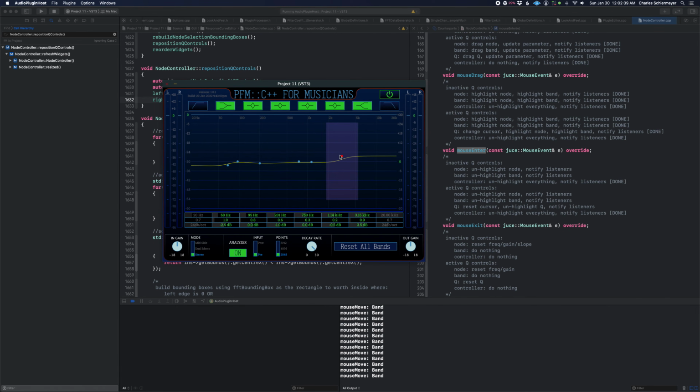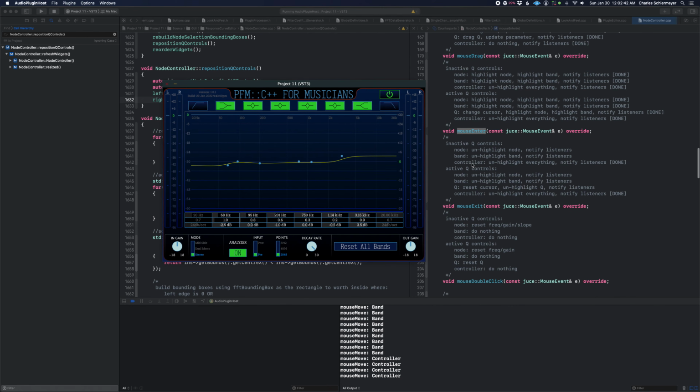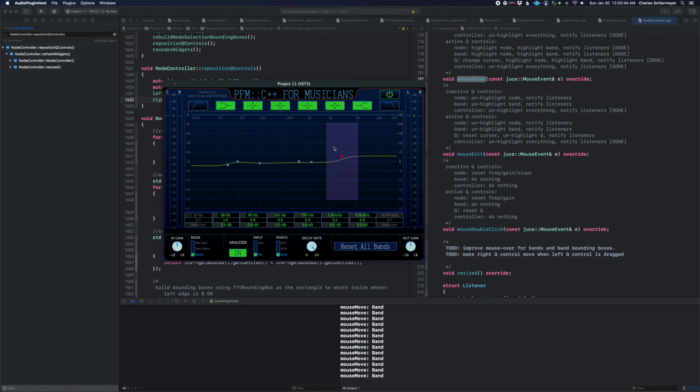All right, that actually might be a bug on my end that I need to look at. All right, mouse exit, you're going to unhighlight the node that was currently being highlighted. So for instance, if I go from here to this one, this node becomes unhighlighted and this band also becomes unhighlighted. And this one becomes highlighted and this band becomes highlighted. Same for here. If I go over here, if I do a mouse exit, it's going to unhighlight everything. If the Q controls are active and I mouse exit them,